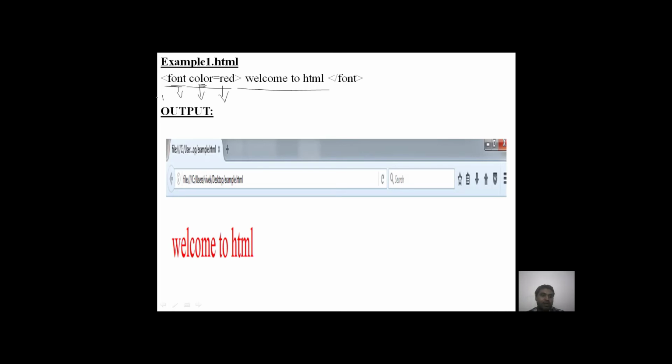Once again I am repeating, font is the tag, color is the attribute, and here red is called the value, the attribute value. Since you are applying the red color style, this text welcome to HTML will be displayed in red color.